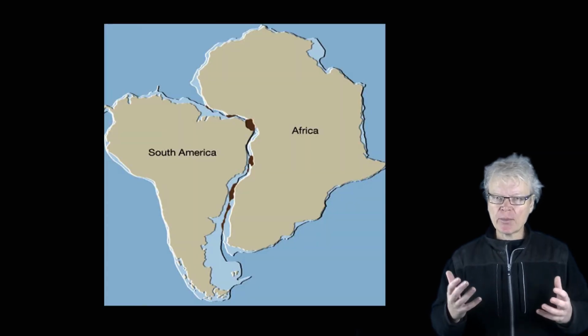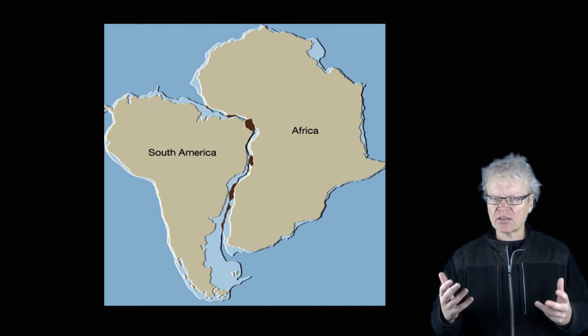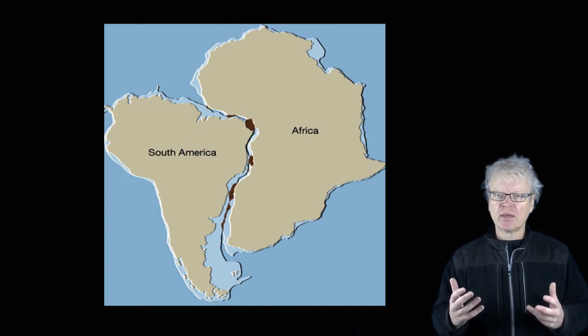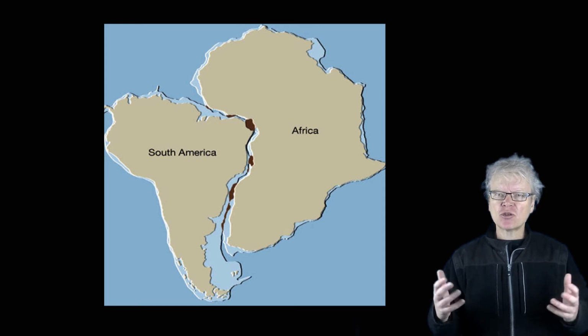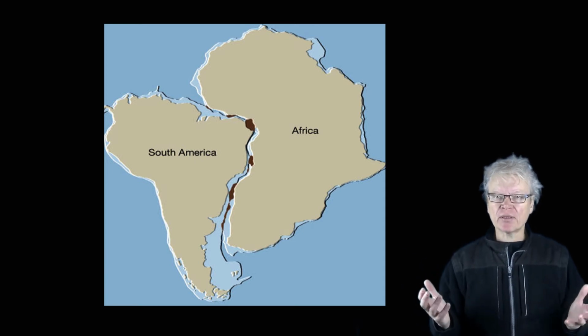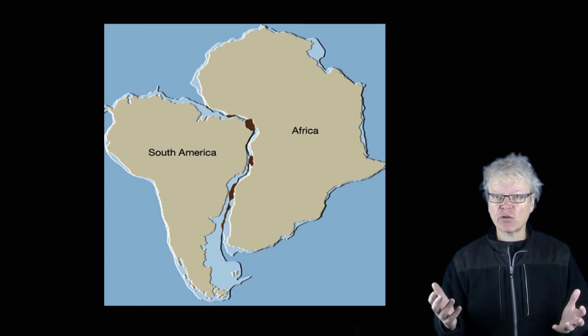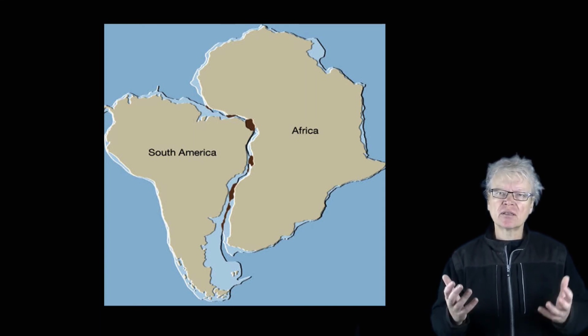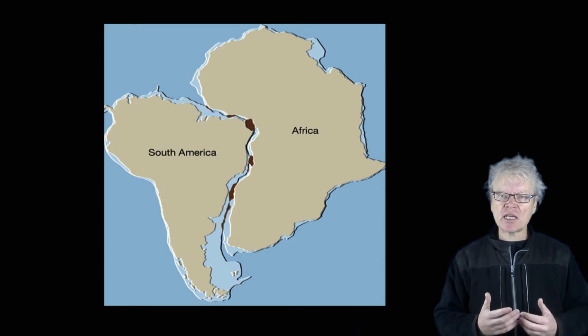Now, how do we know that this has occurred? Well, very early on, hundreds of years ago, early geologists and geographers looking at the shape of the continents on the Earth saw that some of them seemed to fit together as though they were in a jigsaw puzzle. But they were located hundreds or thousands of kilometres apart. So they thought, well, how can this possibly happen? They didn't have an explanation for it, but they just noticed that some of the continents seemed to fit together